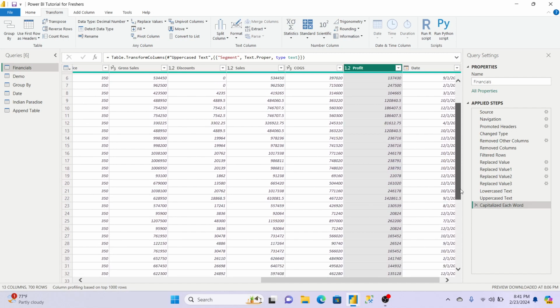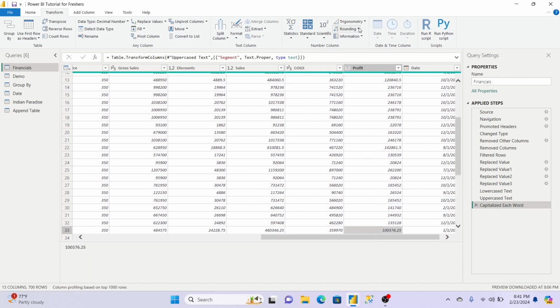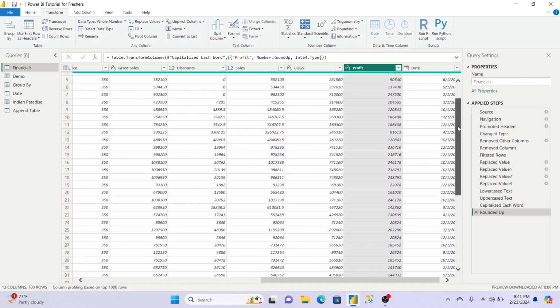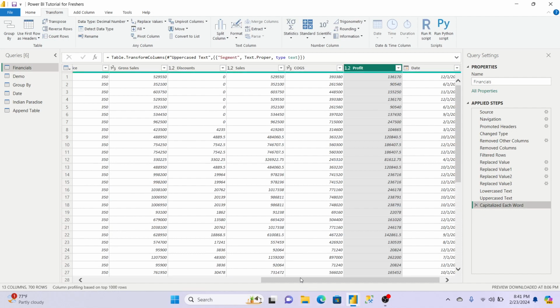See, I will tell you orally, this was actually the 33 number row, no? 33. Round up and round down, how is it? Let me tell you orally. For example, if 33.3 is there and you do round up, then it will show directly 34. And if you are doing round down, then it will show 33.